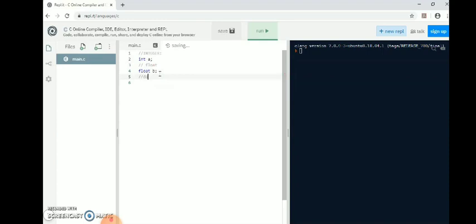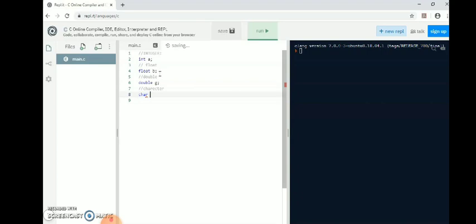So here integer, float, then double. See how it has been defined. As you can see, when I am typing double itself, it shows the hint. Then character, we use char, fine.